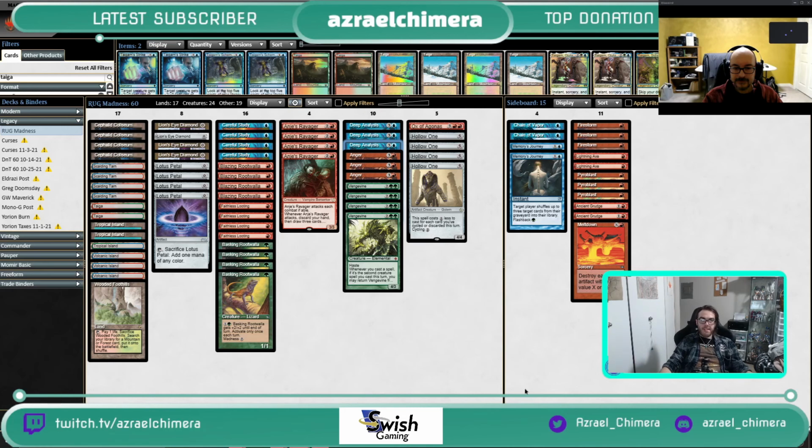I guess I'm more partial to try out the breakthroughs than I am to try out the Another Ox, whatever the green card was. Oh, Once Upon a Time. Yep. So yeah, but I think that this is a good build. We struggle with larger creatures than ours, and these aren't really colors well known for excellent removal